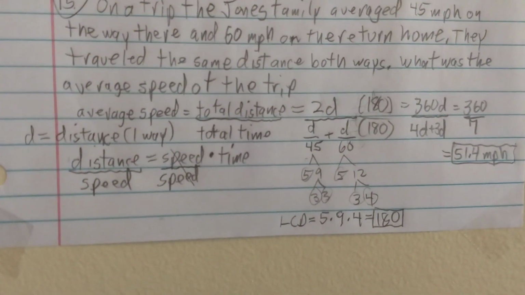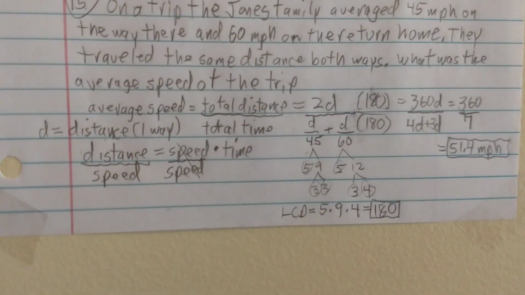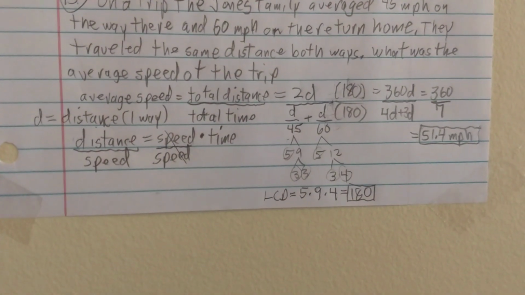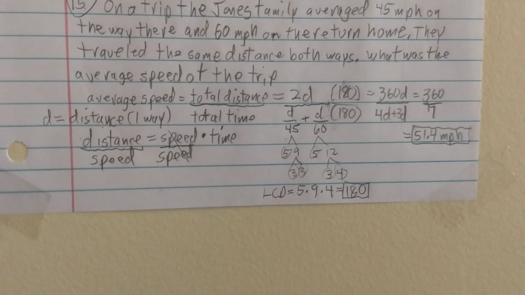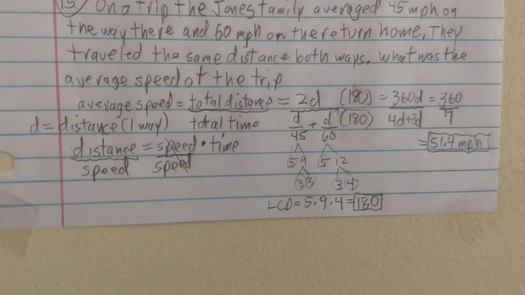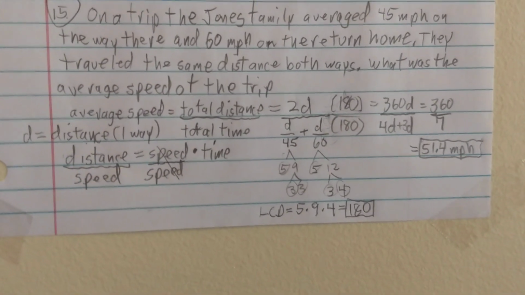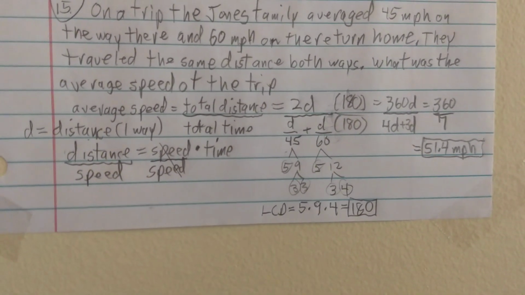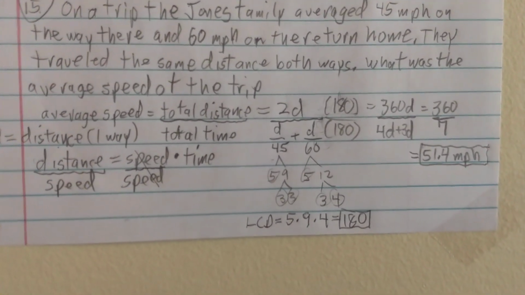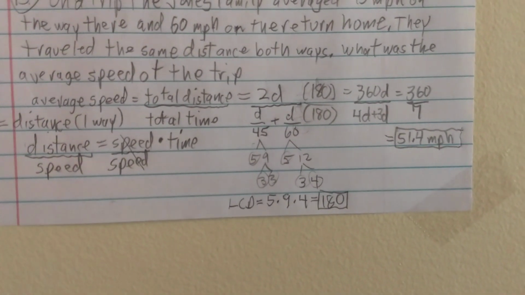Now, in order to solve this, we need time. So we've worked this equation over. The speed is equal to the distance divided by time, so d over speed is equal to time. So the d, which is unknown, over the speed is what we'll use for the 2 times. So d over 45 is the time for the 45 miles per hour up, and d over 60 is the time for